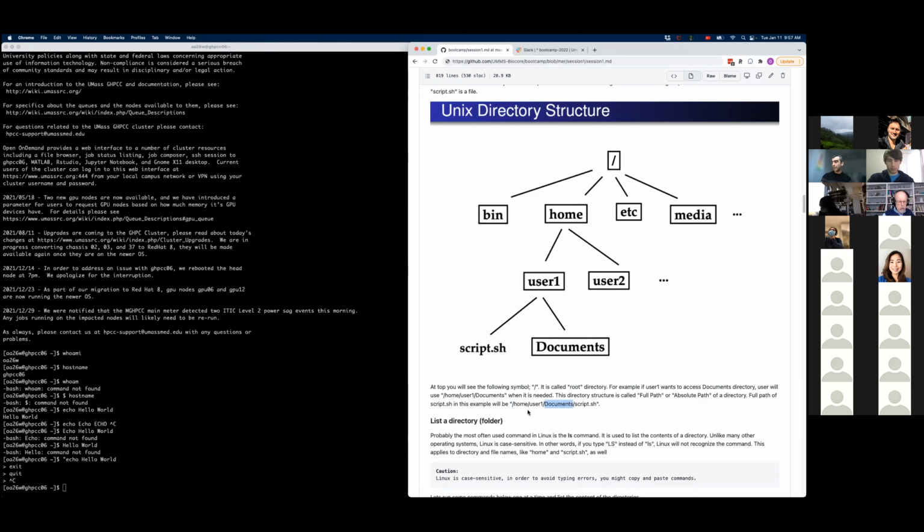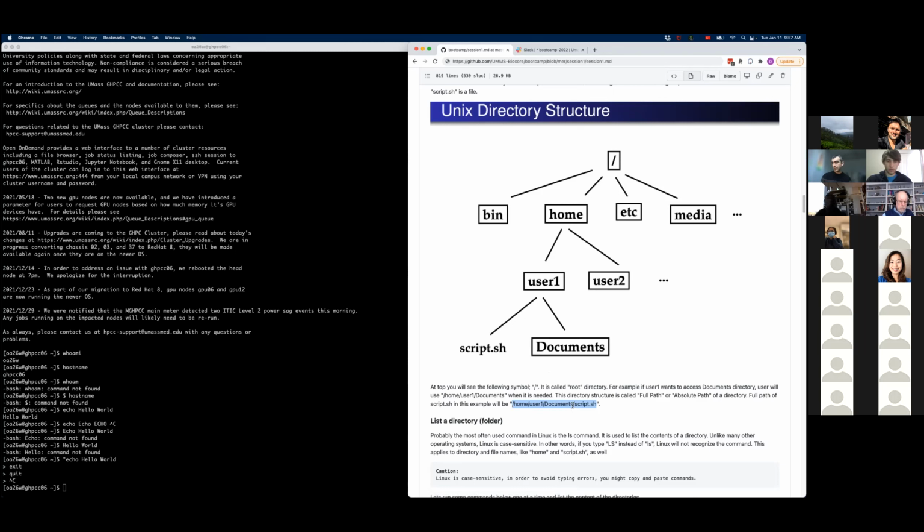So then we would have user1/script.sh. This is the path to this specific file, and this is called an absolute path. It's because we are starting from the beginning, from the root folder, and referring to this file. Wherever we are in the terminal, we can use this path to refer to this file.